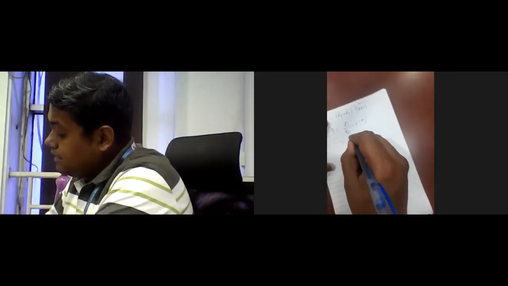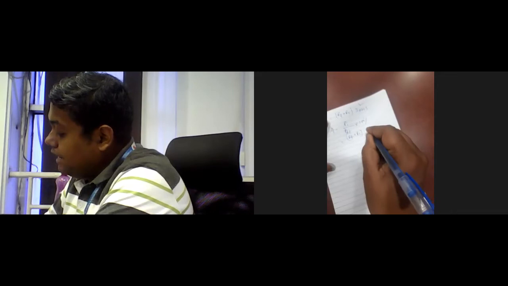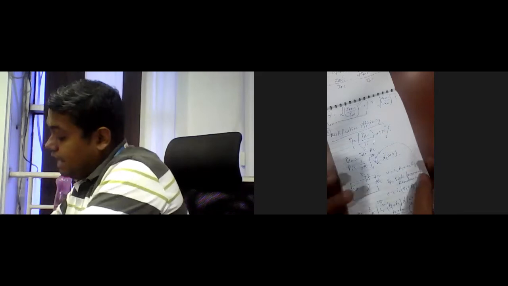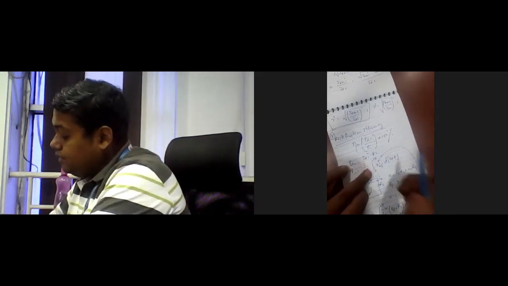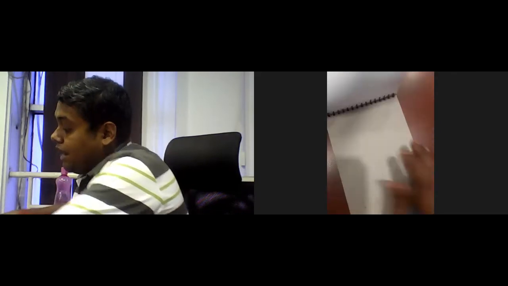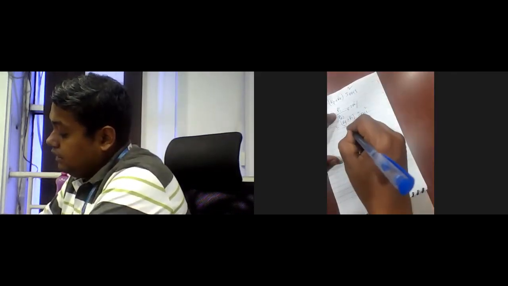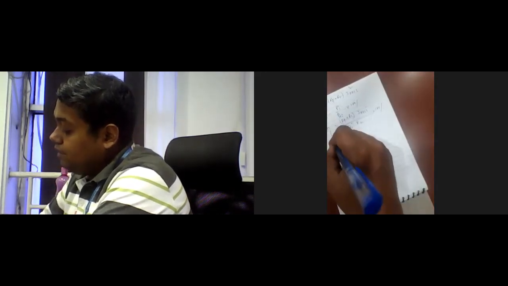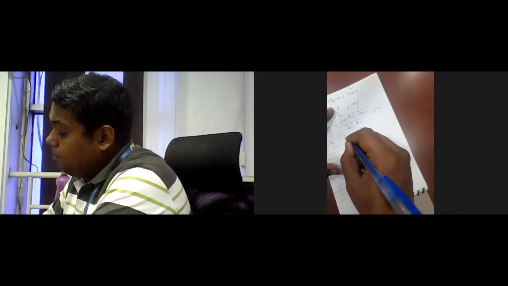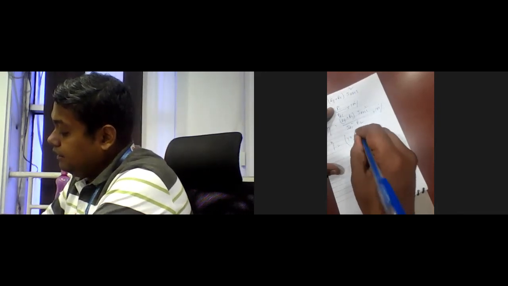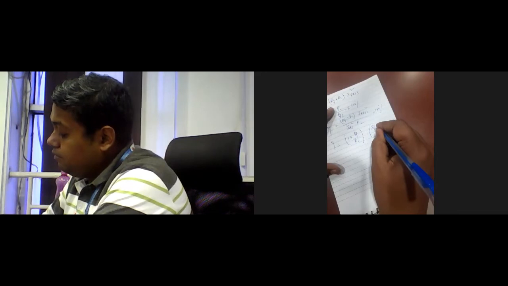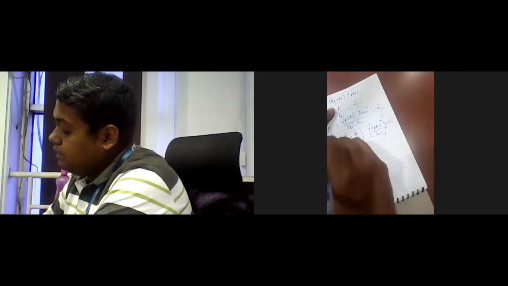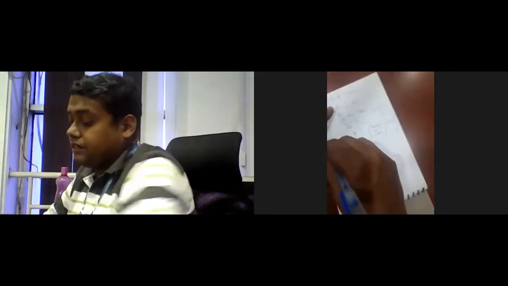So what is Pi? That is (RF plus RL) into IRMS square divided by PDC. What is PDC? PDC is the IDC square into RL. So from this equation 3, IDC square into RL into 100%. So eta equal to (1 plus RF by RL) into (IRMS by IDC) whole square into 100%. So this is the rectification efficiency expression.